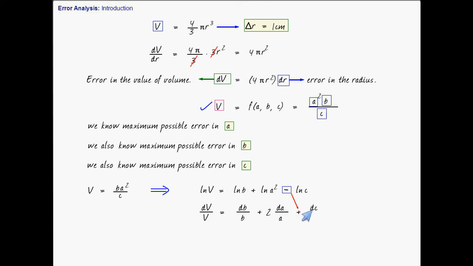Let me explain. Suppose there is a parameter C which is given by, say, E minus F. You know the error in the calculation of E, and you know the error in the calculation of F. What is the maximum possible error in the calculation of C? Let us say both E and F are measured by the same scale whose least count is 1 centimeter. You might say, sir, in that case the error will cancel out, but that is the least possible error. We are not interested in the least error. We are interested in what?